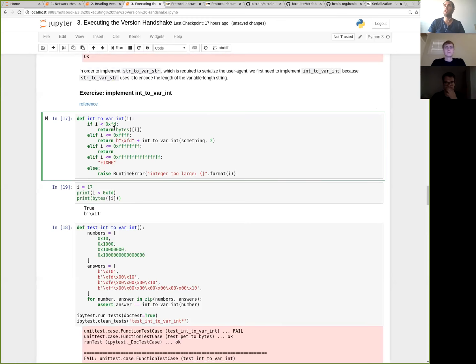Remember, because we can't fit it in 1 byte. If we can fit it in 1 byte, we do. Our number can't fit in 1 byte. So what we're going to do is prepend this marker to our var int. This means there's 2 bytes afterwards, right? And so we're going to stick int to var int,